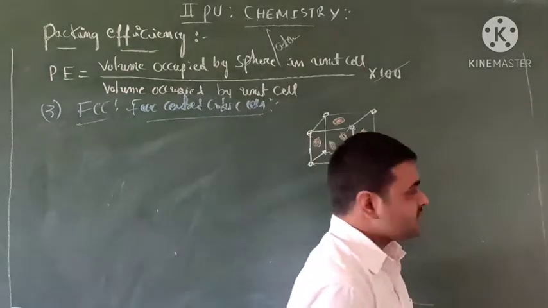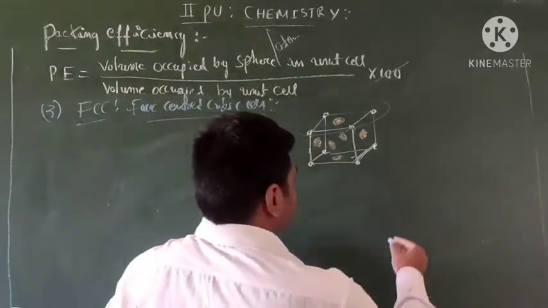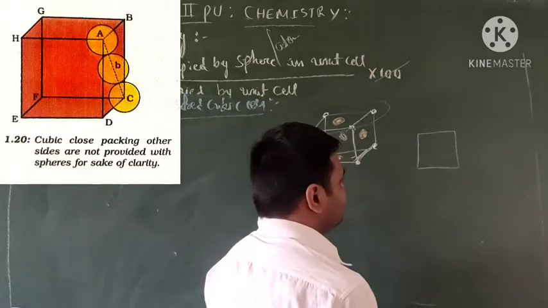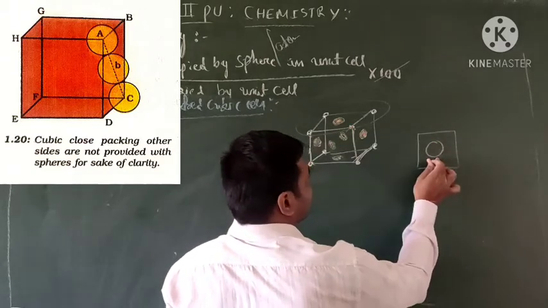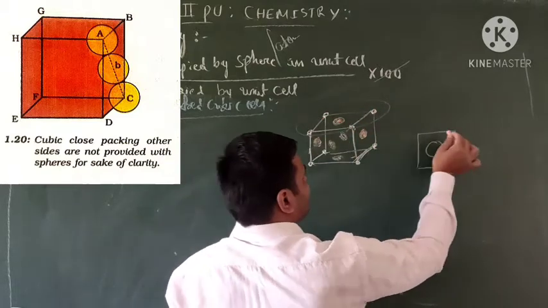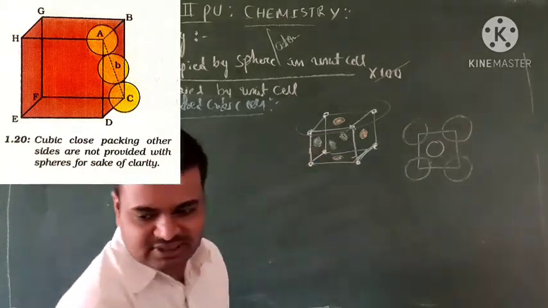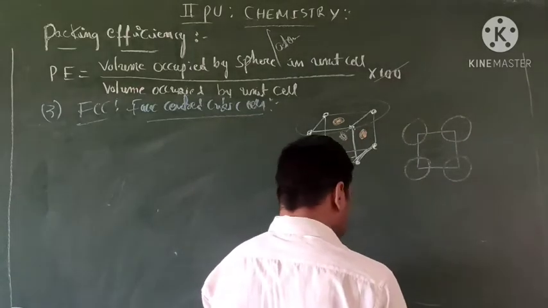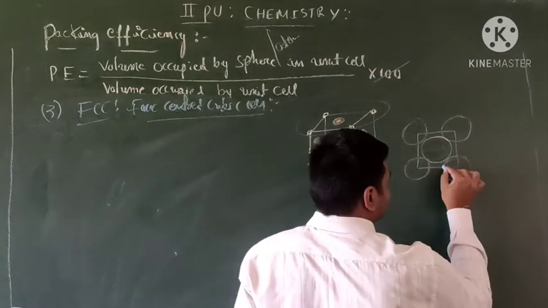Okay students, so how can you write this? You consider only one part and write it in a simple way. This is the structure. In this structure, this is the center of the face. The remaining four are the edges, the corners: corner 1, 2, 3, 4. These are the four corners, and the corners are like this.